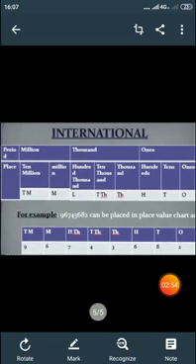Now the second system, the international place value system. In the international place value system, we have three groups: ones, thousand, million. In ones, again the ones, tens and hundreds. In thousand, thousands, 10,000, 100,000. In million, million, 10 million, and so on. Now we can put the commas according to the groups.